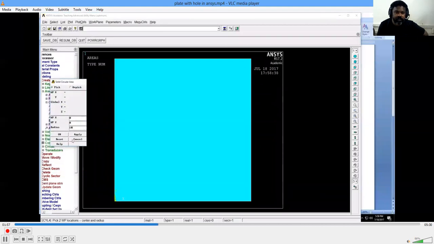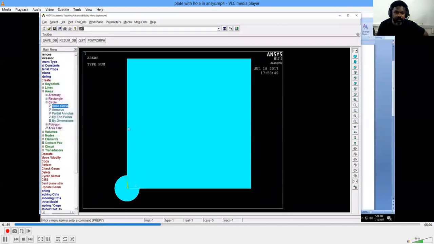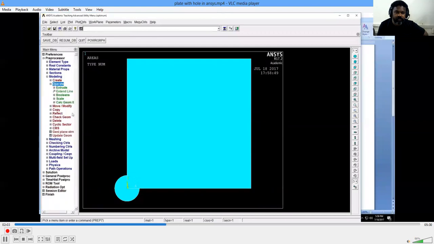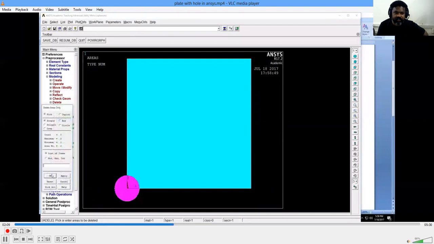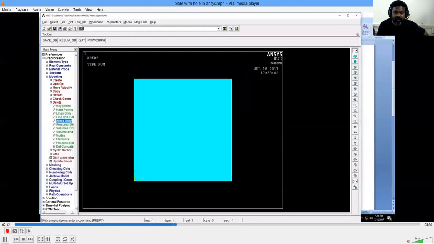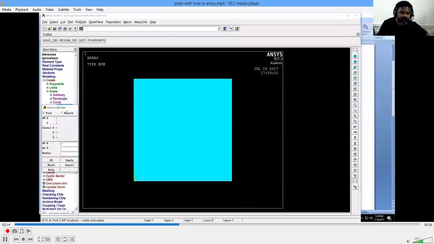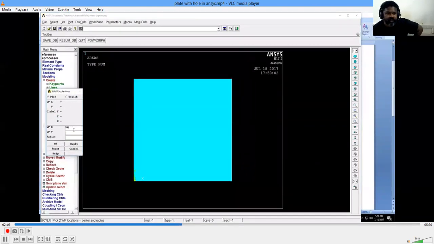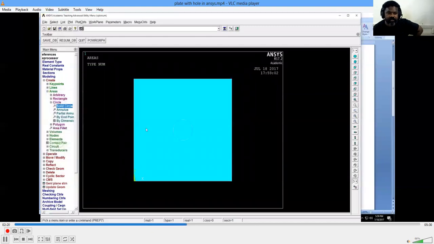Radius 10. No, this is wrong. This is wrong. So it is deleted. It's supposed to be deleted, because the circle is at the center. Solid circle: x 50, y 50, the center of the plate, and the radius is 10.